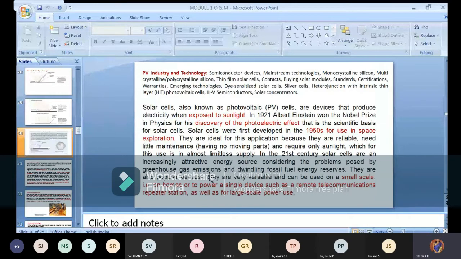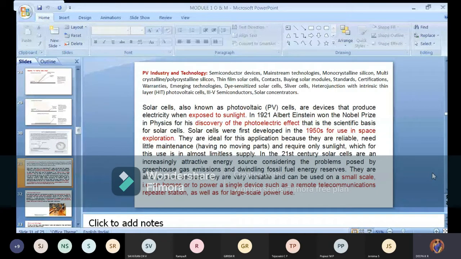We are moving to the technology, that is PV technology, where we are going to study the major concepts. Of course it is very much needed for us to know what different types of PV cells are available and the emerging technologies which we are using. Today I have seen the seminar topics and people are more concentrated on solar cells. Someone has given us plastic solar cell. So we are moving with a different version, which is completely old compared with the new technology we are using at present. This is old itself, but still we will come to know what was there and how it evolved year by year. So that is being given here.